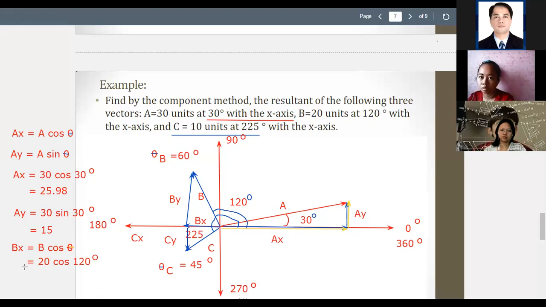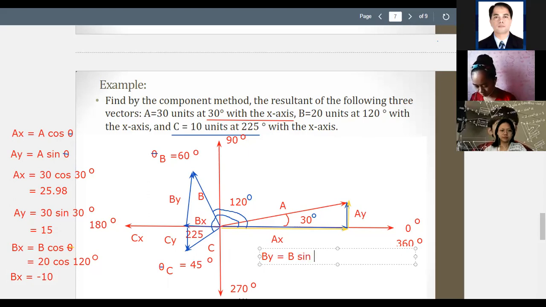And I think that's equal to 10. Did we get it right? Negative 10, sir. Yeah, that should be negative 10. Okay, so we have negative 10 for our B sub X. And then what about our B sub Y? Our B sub Y. So B sub Y is B